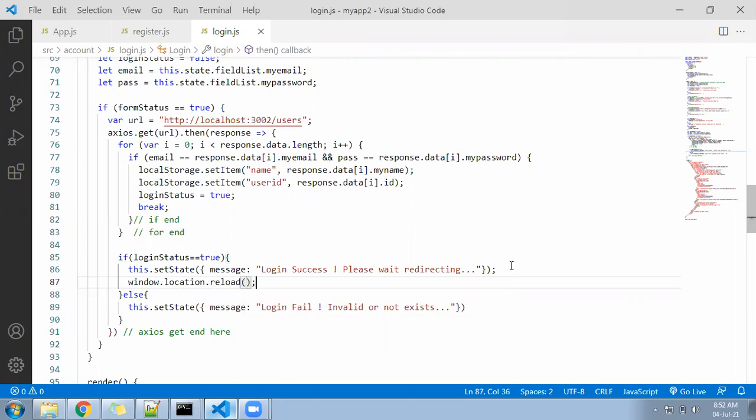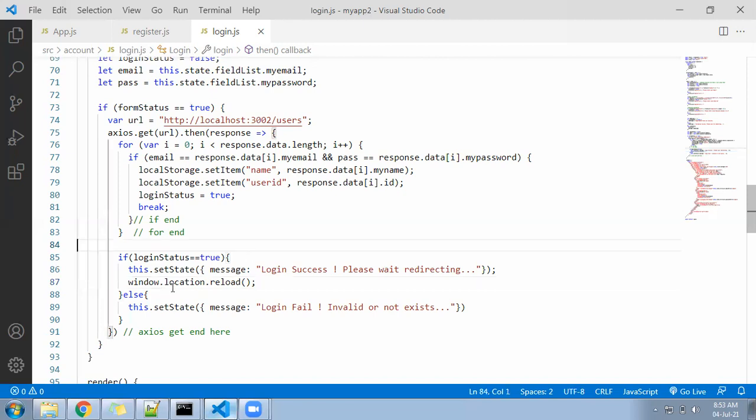Don't redirect somewhere, just reload it. Once the page reloads, we will identify whether the user is login or not. If the user is login, then go somewhere else. If the user is not login, come to the login page only.